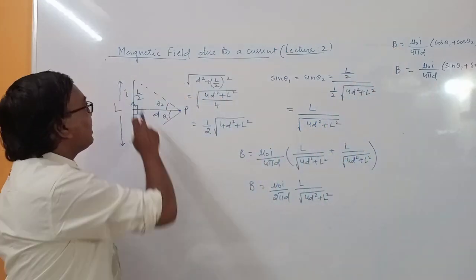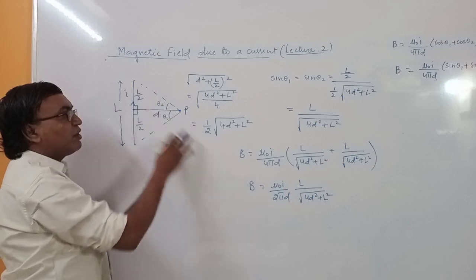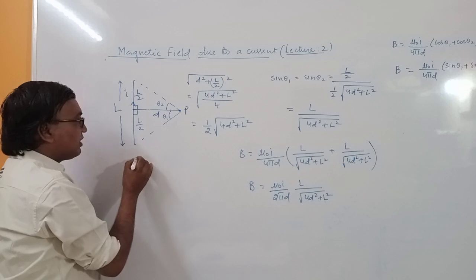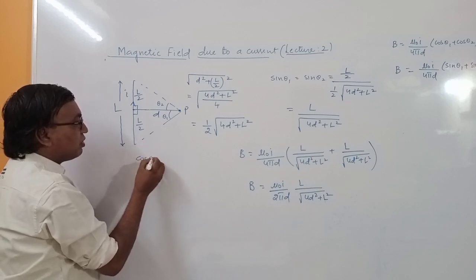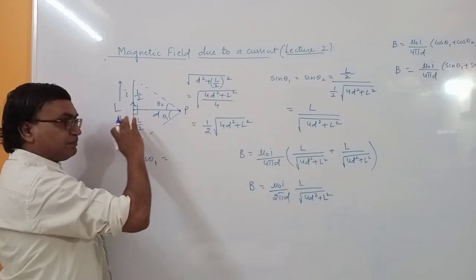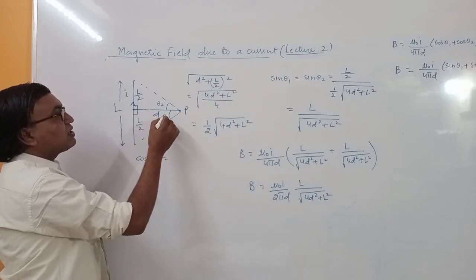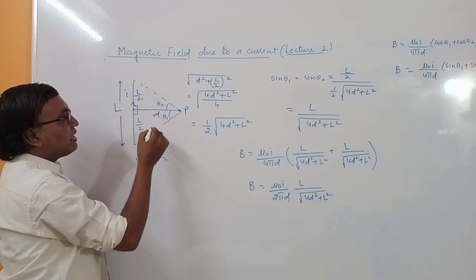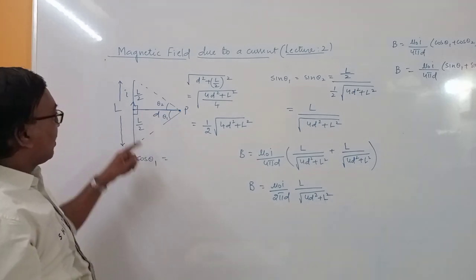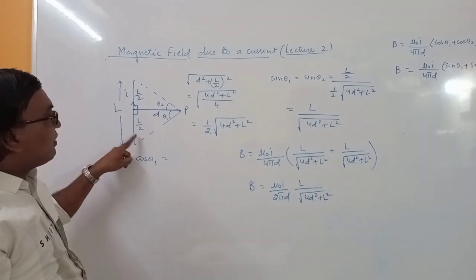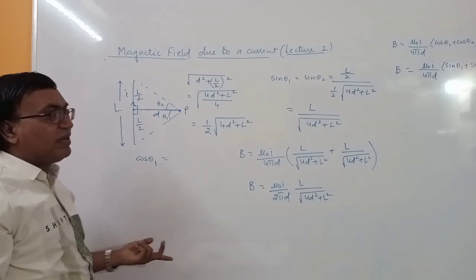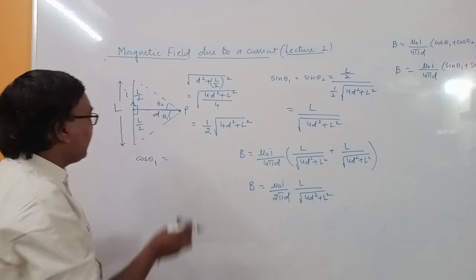So if you want to use it here, we can use the same formula here. It will be cos theta 1 plus cos theta 2. Now suppose you see cos theta 1 and cos theta 2, cos theta 1 has the same value as sin theta 1 because angles have changed. So this is cos theta 1. Cos theta 1 will be equal to L by 2 upon hypotenuse. So it will be one and the same. So use any one of the formula.